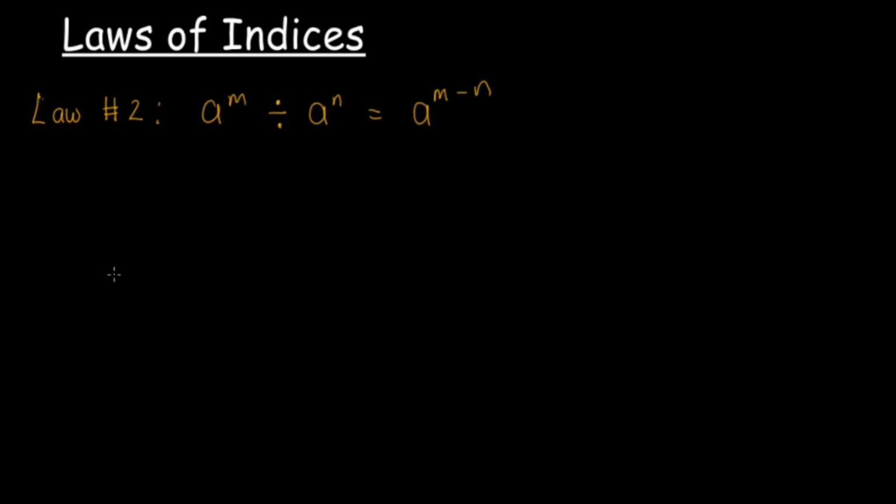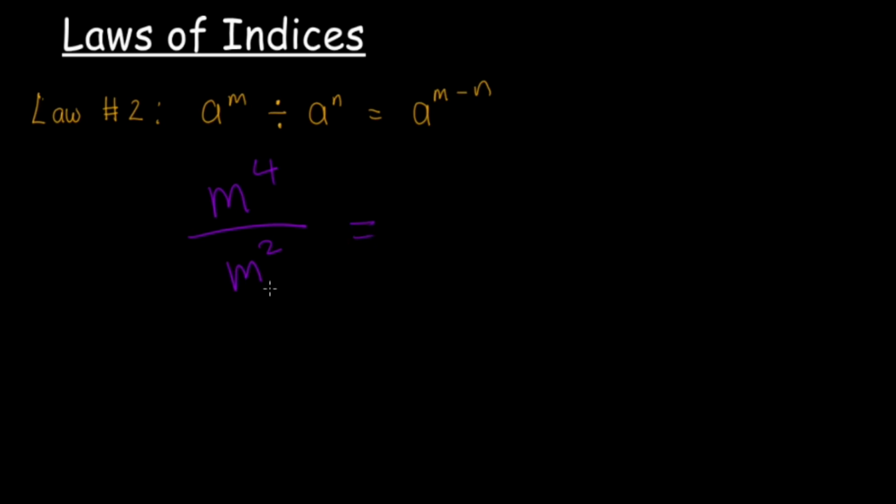The second law states that when we have an expression with the same base being divided, we subtract the powers. For example, if we have m to the 4th power divided by m to the 2nd power, and in algebra, most of the time you will see division questions written in this form. So it's still division. So if we have m to the 4th power divided by m squared,